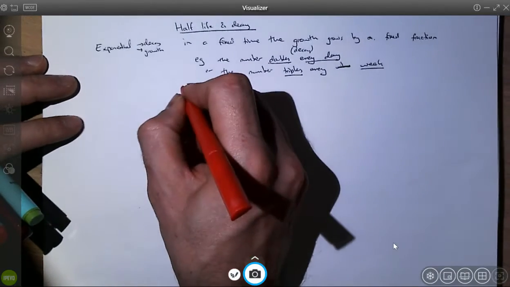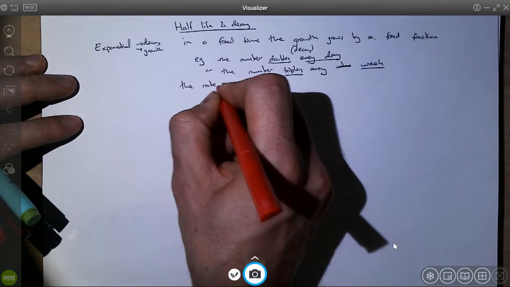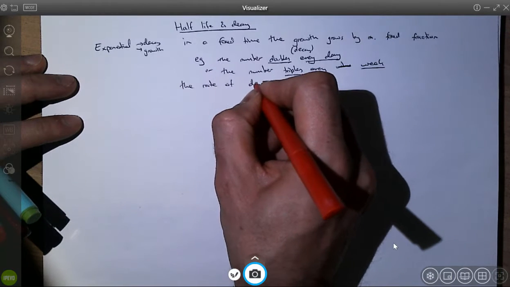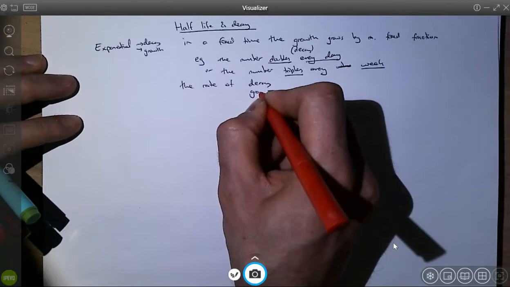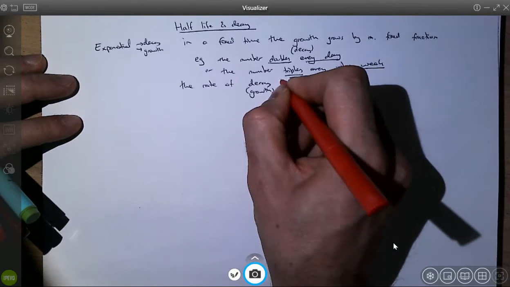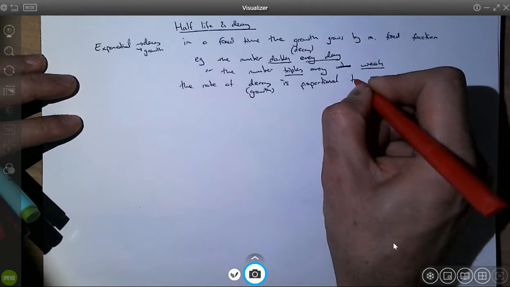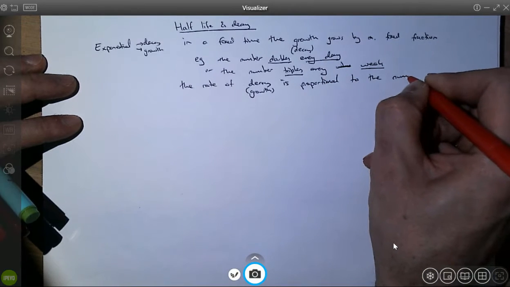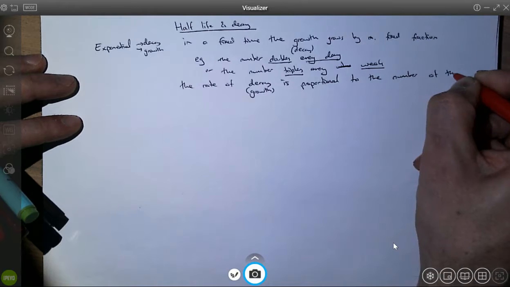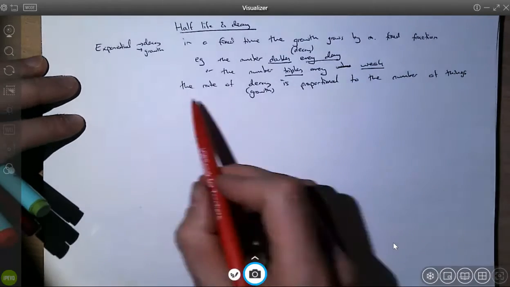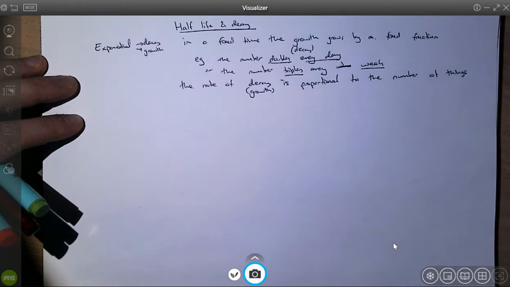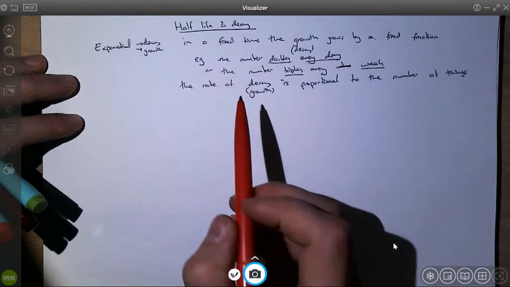We can also say the rate of decay, or equally growth, is proportional to the number of things. Okay, again, not particularly helpful on its own, but what this means is that if you have a